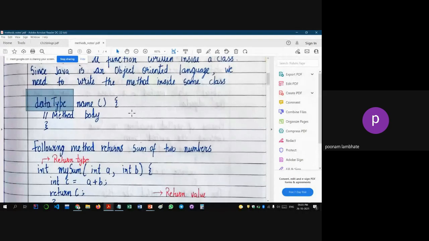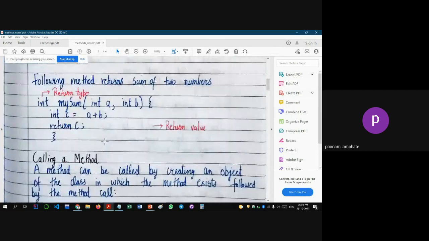Okay, so syntax is data type, the name of the function, brackets, and your curly brackets, and the body of the function. For example, if you want to calculate the sum of two numbers, and you're using a function for that, then those two numbers have to be specified over here as parameters. So what actually happens is,